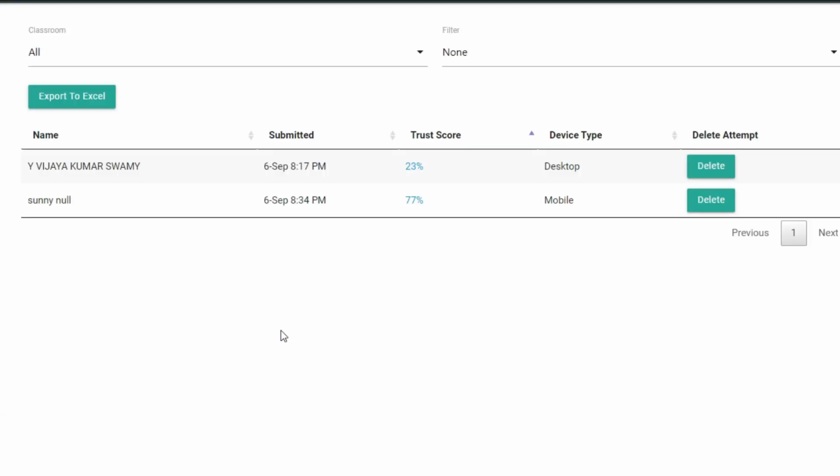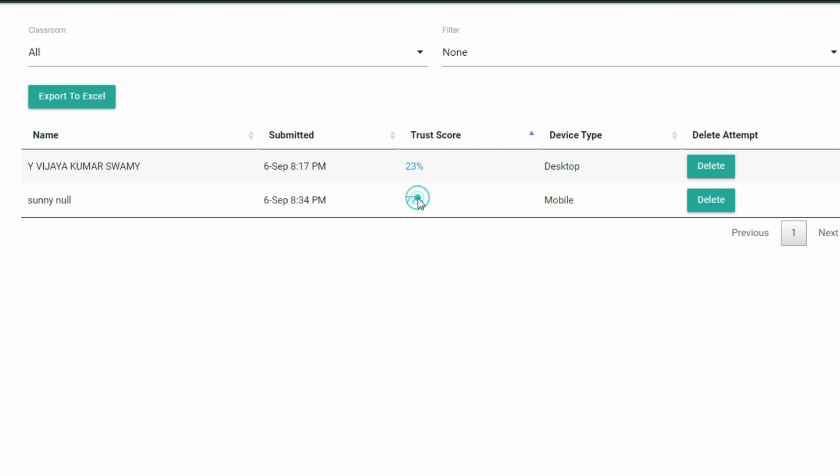So let me click it. Here you can see the name of the test given is by Yashodananda email ID. Even if the student has entered any name, you can see from which email ID the test has been submitted, and the trust score is 77%. So let us click here on the trust score to see, and you can see here the device is also mobile, and earlier the student had submitted using desktop. So which device the student has submitted from and the time of submission, all those things can be seen.